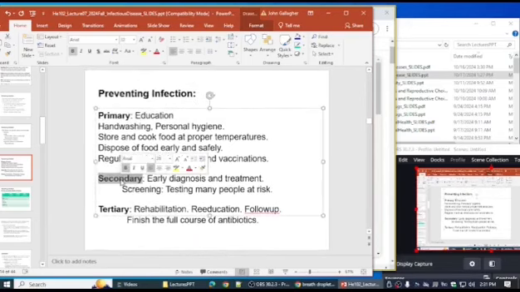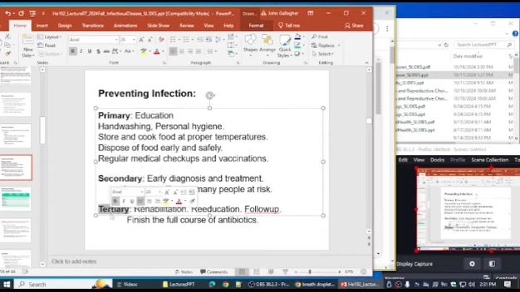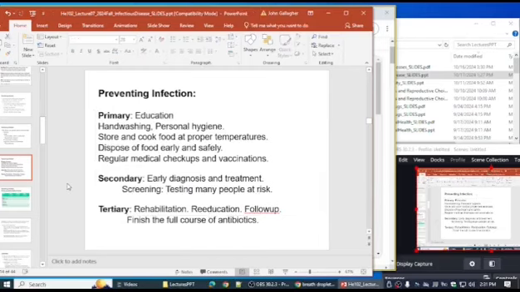Secondary prevention is when the person already got sick. It's too late to stop it from happening. But now that it's happening, give treatment so that it doesn't get worse. So the prevention is preventing it from getting worse. Tertiary prevention is preventing the side effects of the treatment from getting worse. And to borrow a non-communicable disease example, if you broke your leg,